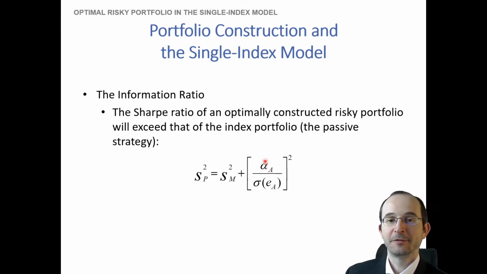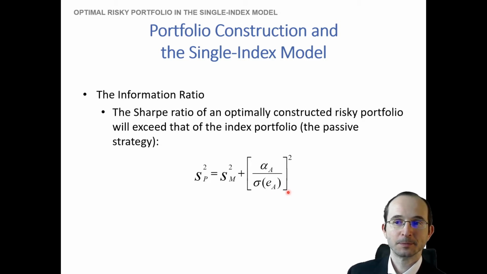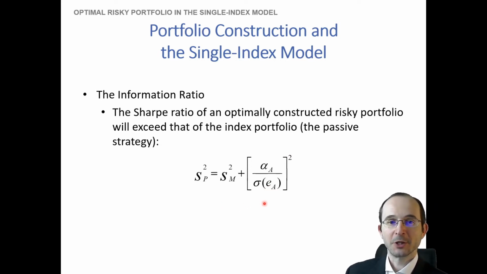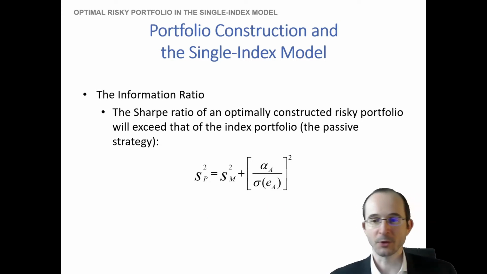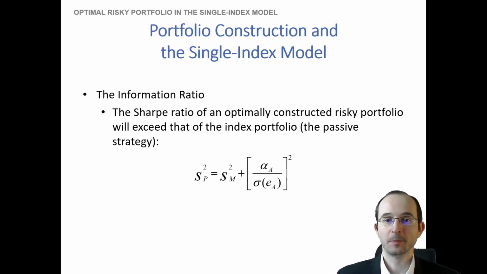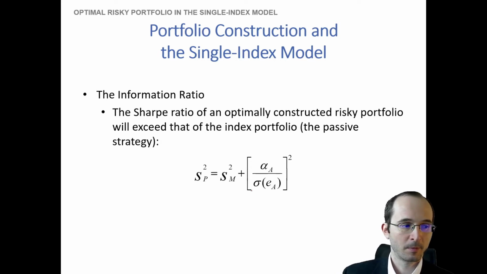the alpha of the portfolio divided by the firm-specific or idiosyncratic risk of the portfolio. In other words, the standard deviation of the residuals. And again, this squared. So the information ratio is essentially this latter part, without the square term,